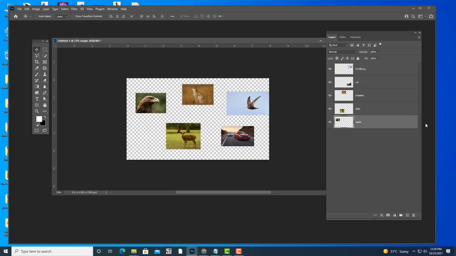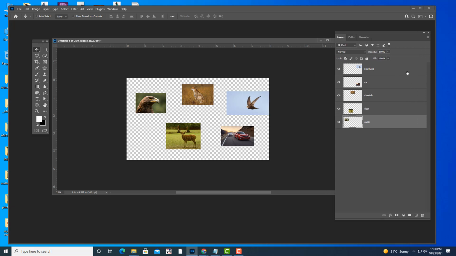You can also select from the layers panel, but sometimes we do not understand which image corresponds to which layer, because right now only 5 layers are there. Sometimes you will be working with some 50-60 layers. At that time it will be difficult to identify the particular layers. So the best way is control and click. This is the best option when auto select is off.